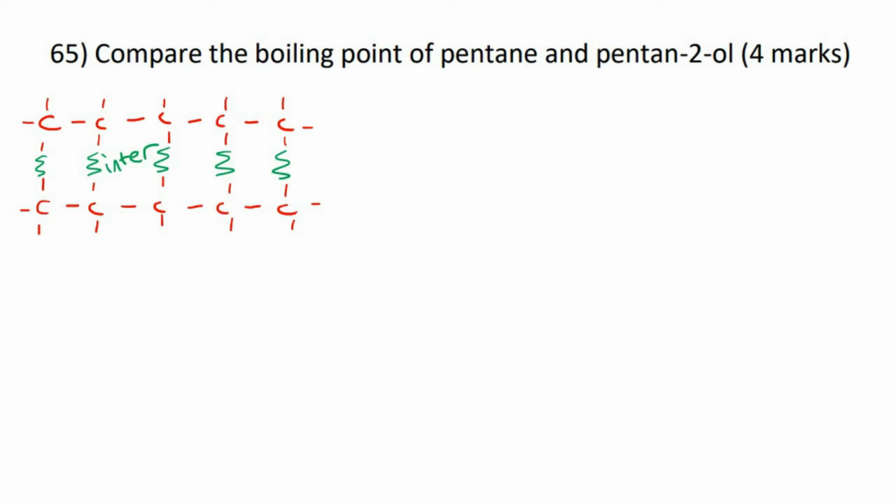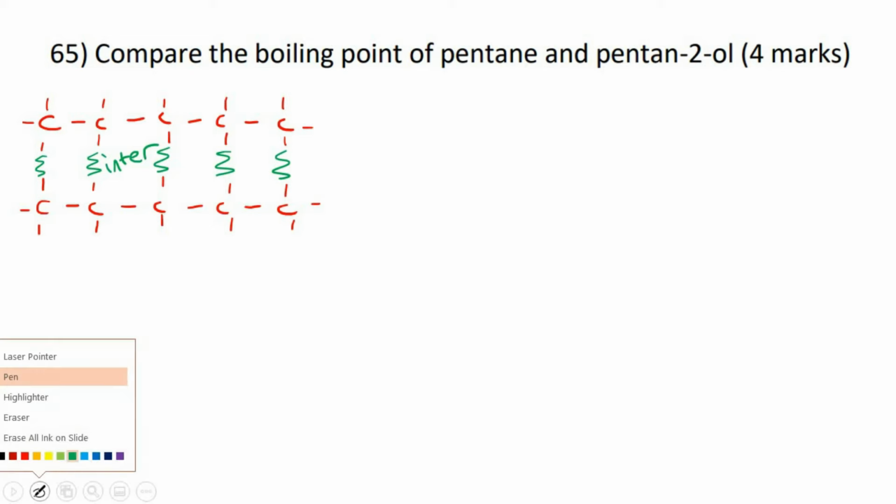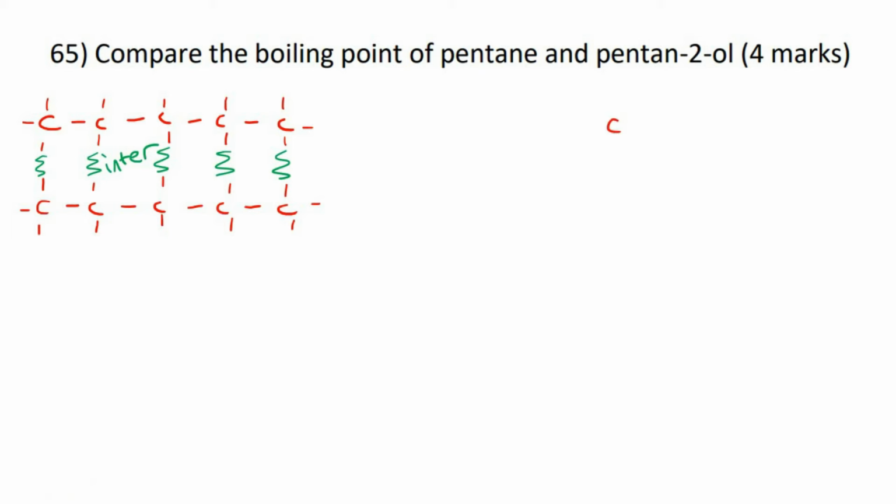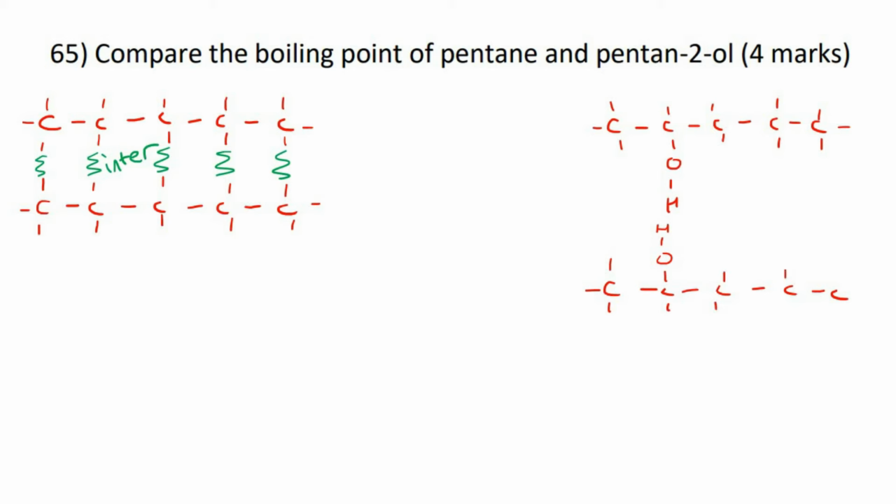Okay, so it always makes sense to draw two if you really want to get a good idea of what we're doing. Now let's draw two pentan-2-ol molecules. Pentan-2-ol is an alcohol where you have an OH on carbon number 2, and then of course hydrogen everywhere else. But I'm not going to draw that, we know. And then let's draw another one. This time I'll make the OH face upwards. Okay, perfect. We would be looking at these intermolecular forces